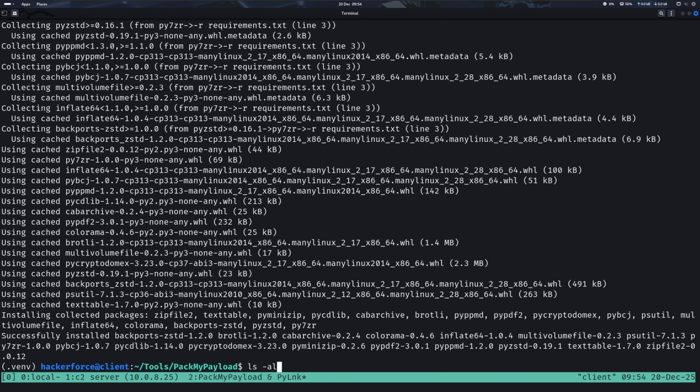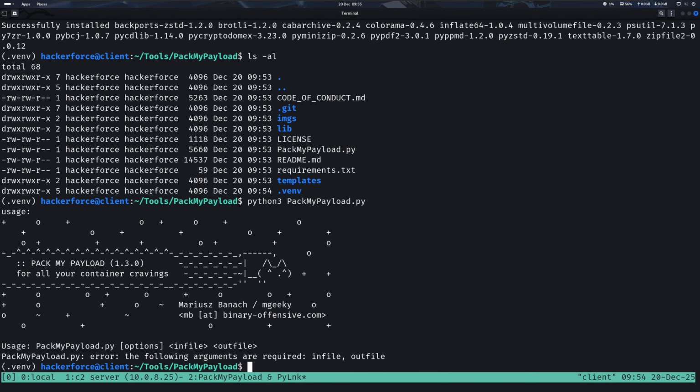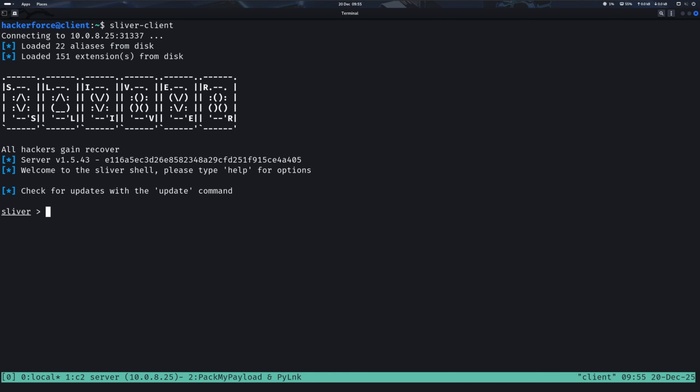Okay, so that should be installed. So let's just ensure everything is working correctly. And as you can see, we get valid output that outlines the tool's basic help menu. Now, before we actually deliver the ISO container, we are going to need a payload that will be executed by